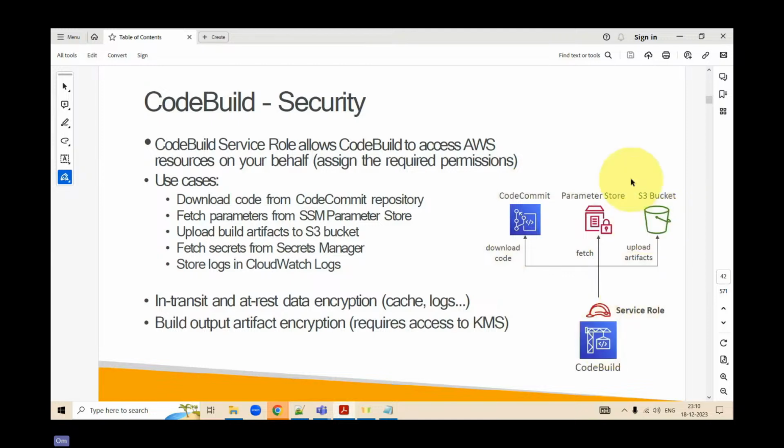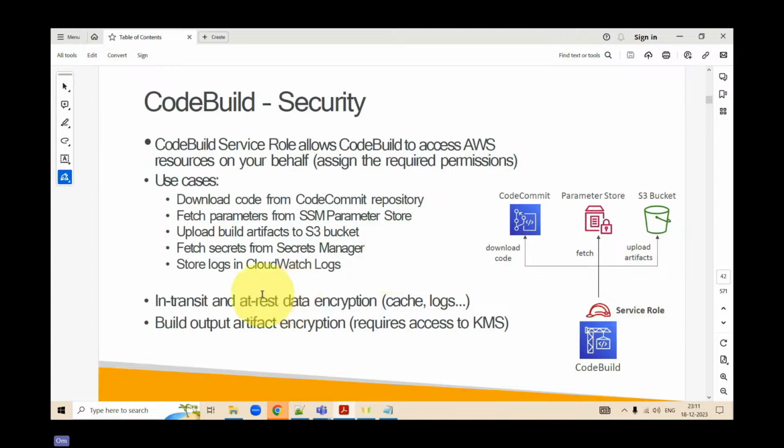Maybe you can get the data from your parameter stores, get the artifacts from S3, or download the code from CodeCommit itself. Clear? That simply means it is nothing but a service-to-service call using a specific service role.